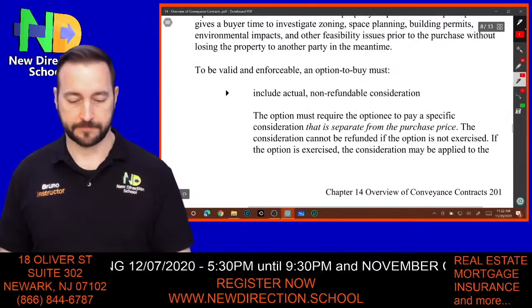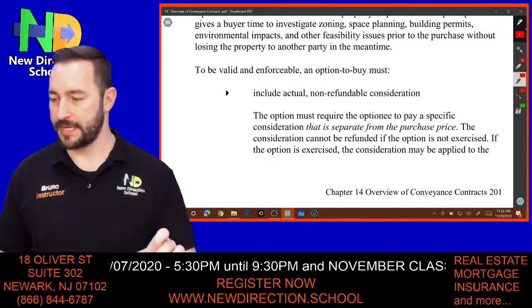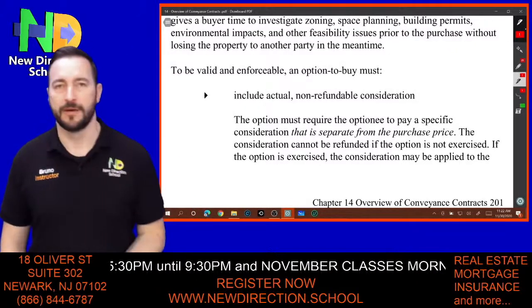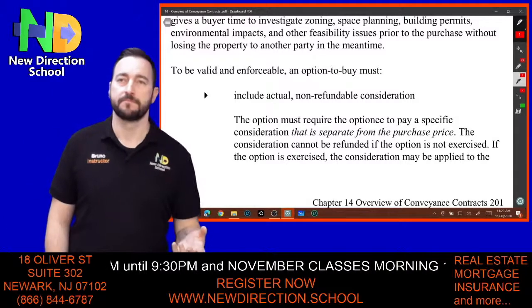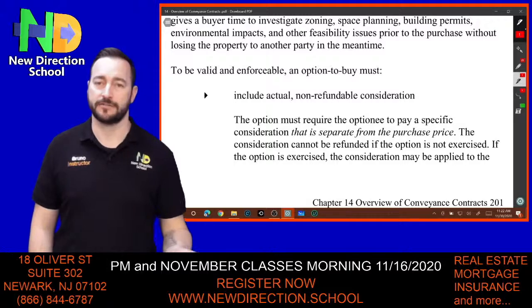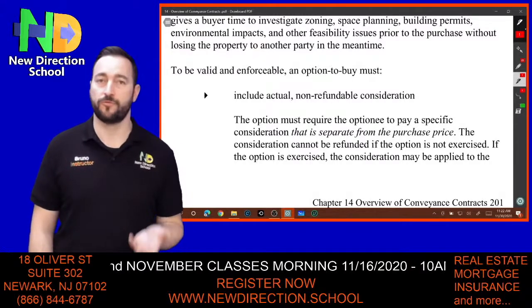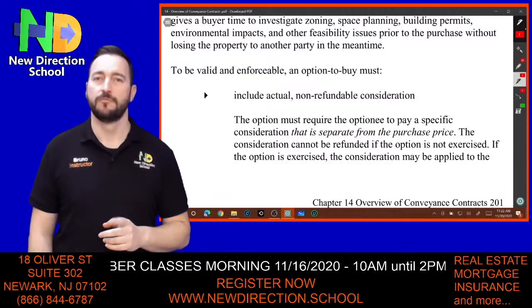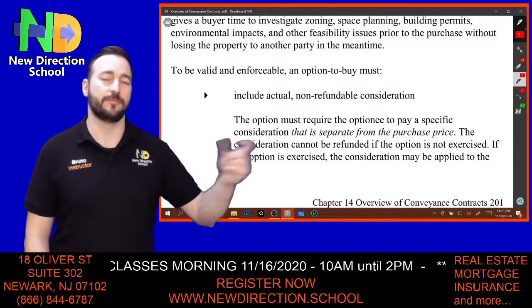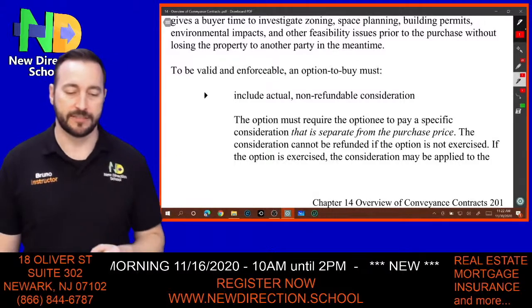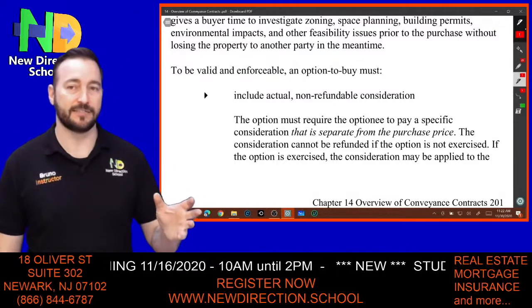Okay. I want to point this out real quick here. It's not as important for the exam, but if you ever get into a rent with option to buy, if you ever talk to somebody about that, or actually get involved, which we can as agents, we don't prepare these contracts, but we get the commission on the rental and the commission on the sale, so it's great. But what I want to point out is that this depends on the states.